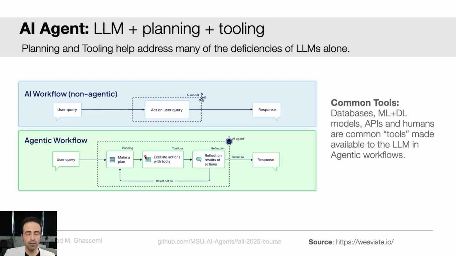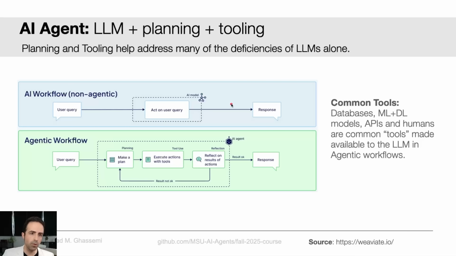This could be browsing the web to find references. It could be calling a database to look things up. There's reflecting on the results, given what was in the plan and what was in the query, before finally returning the response to the user. So this second mode, this agentic workflow, as you can see, is a lot more thoughtful than the first one.